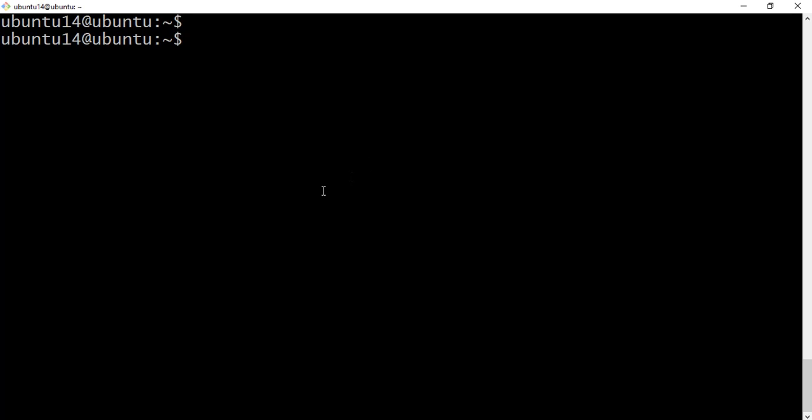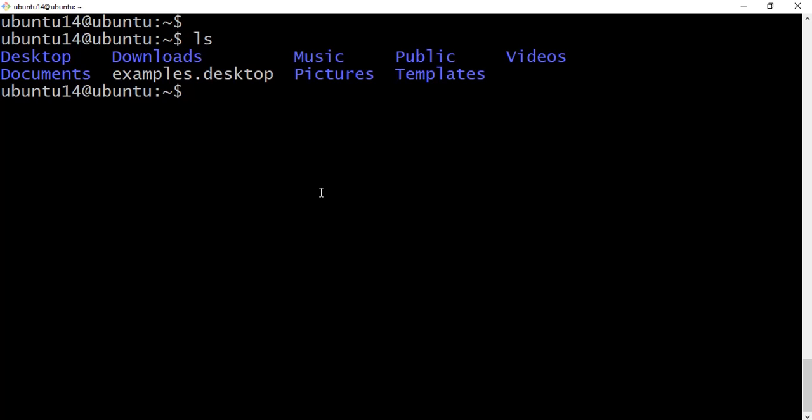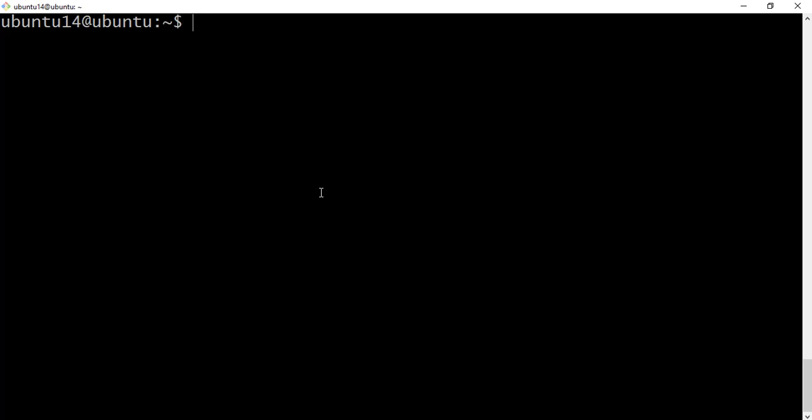We can give ls. First, we can create one special directory for Git practice: mkdir git. mkdir means make directory, and git is the folder name.